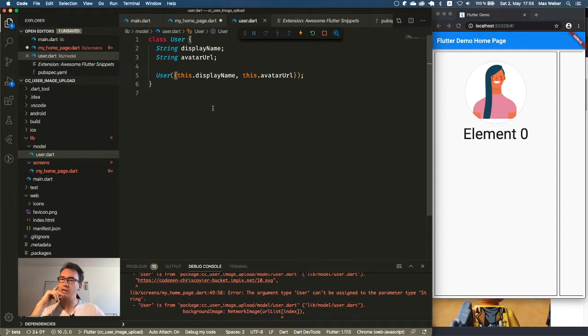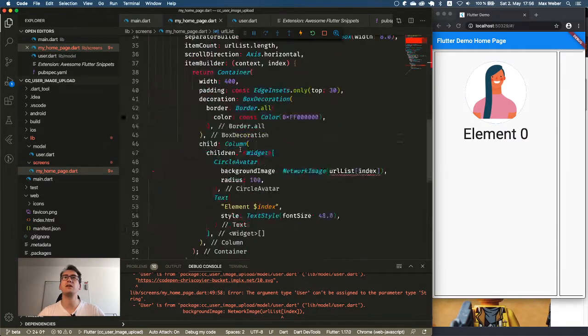When I load images from network, how can I set a placeholder? Because the widgets get expanded when the image is fully loaded. How can I add a placeholder? That is a good question. I think what you could do is have one image in front that you create and one image behind. And whenever the image is loaded, you just remove the other image that is there as a placeholder. That would be one option. Another option is creating a widget out of the circle avatar widget, because I think the circle avatar image doesn't provide that. But we can take a look if I'm right.